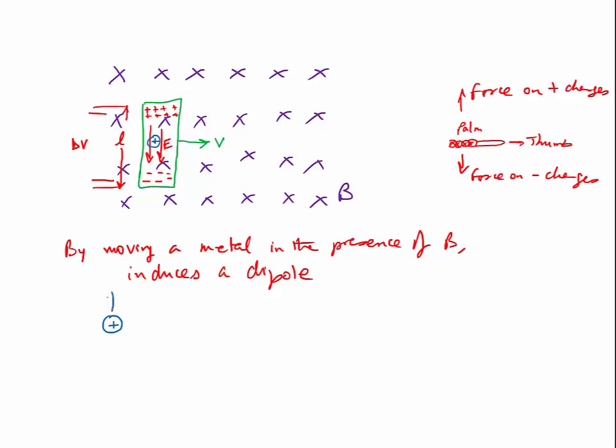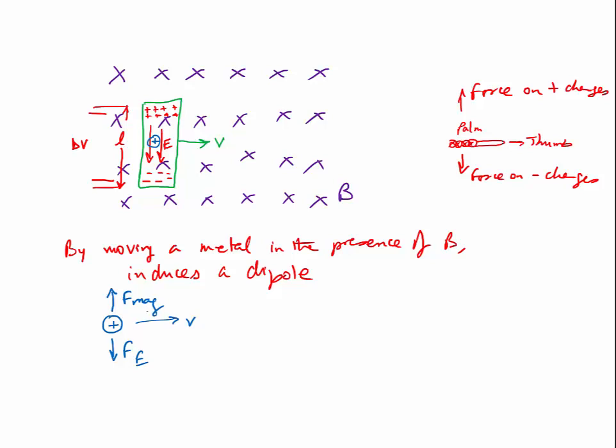It experiences a force from the magnetic field that is to the top, based on the fact that it is moving in this direction. And once the charges get separated and it becomes an induced dipole, it experiences a force from the electric field that is to the bottom, in the same direction as the electric field. And the separation of charges will take place until you reach equilibrium,